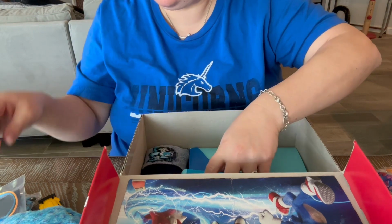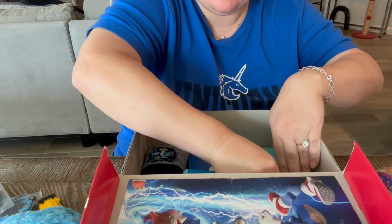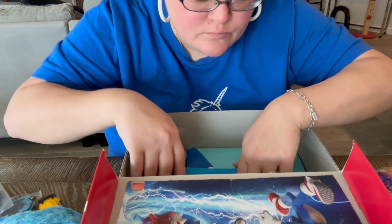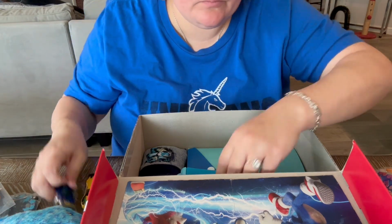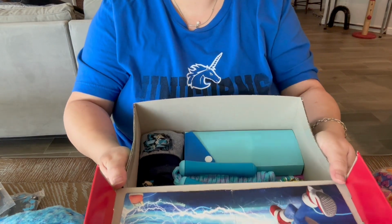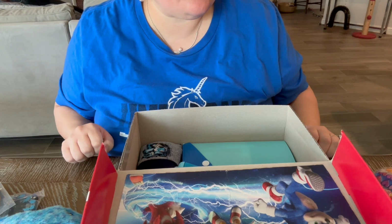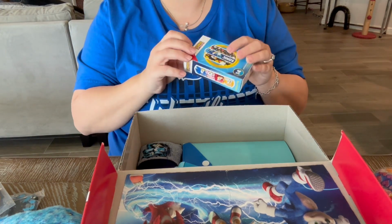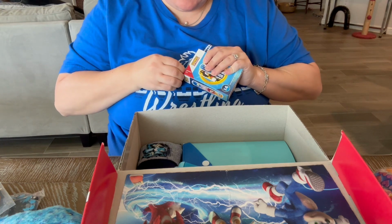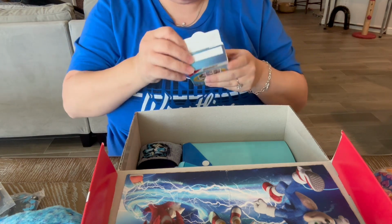Now you're gonna see here that I feel like I've got it pretty good. I feel like I've got a pretty good base going. Putting some toys in there to fill up all those little nooks and crannies. I think that I've got a really good first layer going, and then I realize, oh no, I needed to put these in there. So this is my first space-saving tip, is if you have boxes, puzzles or Band-Aids, even